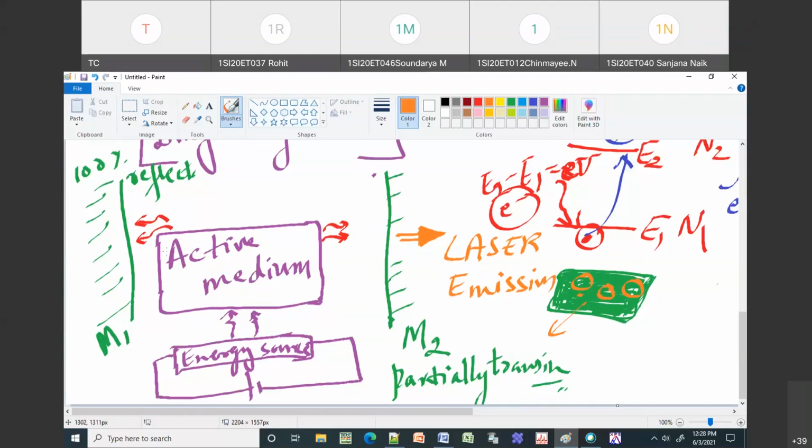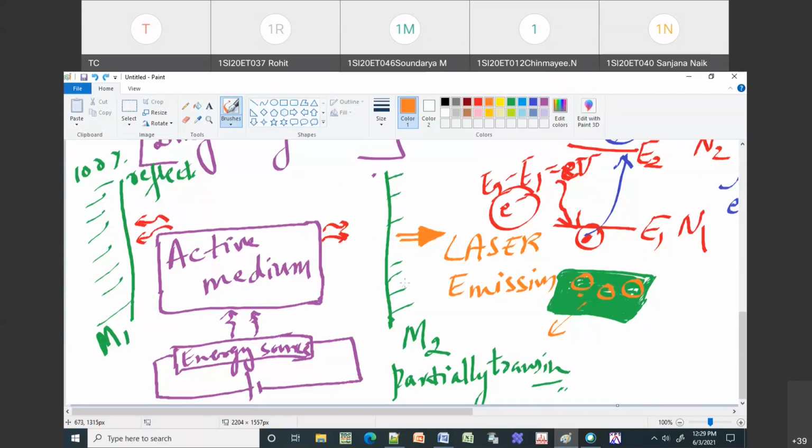So M1 is completely reflecting. Completely reflecting means you coat it completely without leaving any space. Okay, so in that case, what happens? It becomes 100% reflecting. So that is your M1. But in case of M2, what you do? You just leave some place for the emission of laser. So whenever laser light is falling on these parts, the light is going to come out of that spot. Okay, so in that way you can also control the direction of emission of laser. That means I want the laser to come only in this part, I don't want it in any other part. Okay, so this is the main reason for this optical resonant cavity.